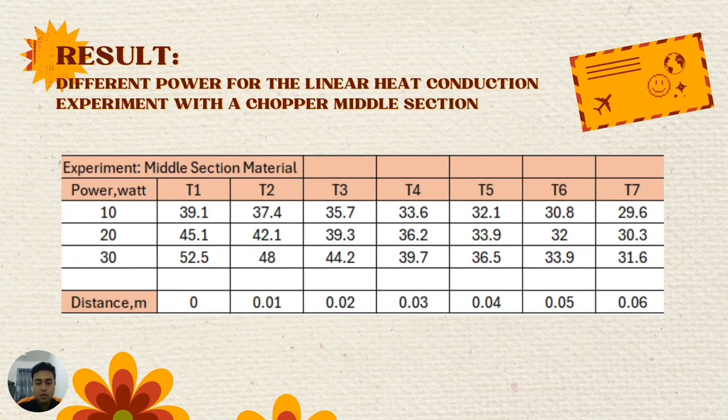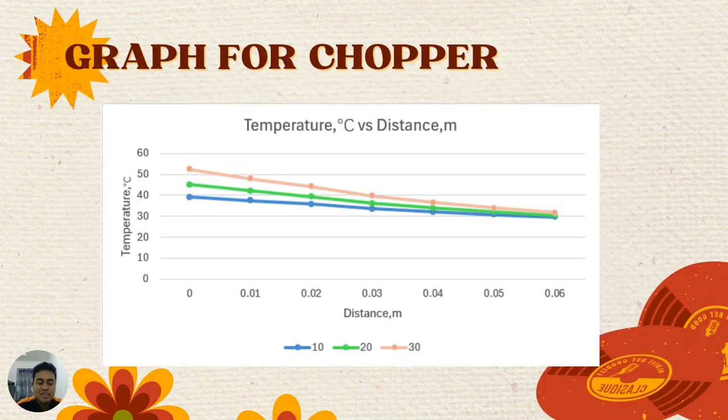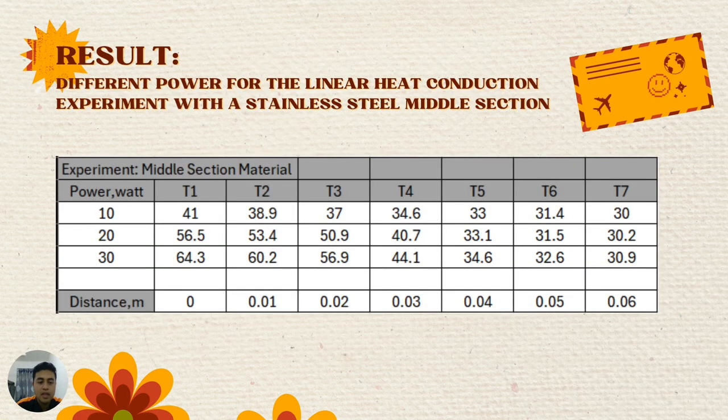From here, which is around 30 degrees Celsius. So this is the graph for the copper. And next we go for the last material, which is the stainless steel. So the stainless steel for the 10 watt, I can say that the T1 to T7 range is between